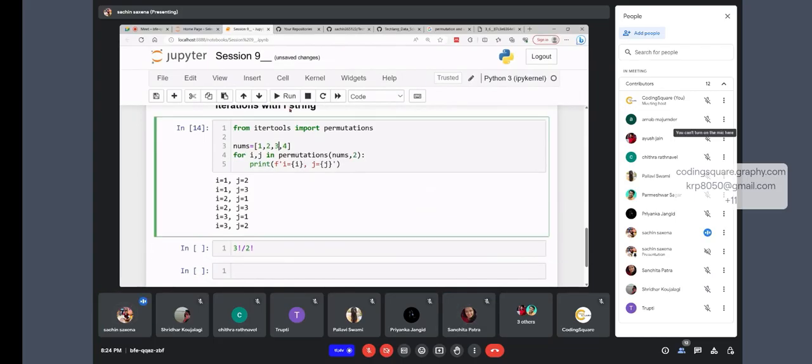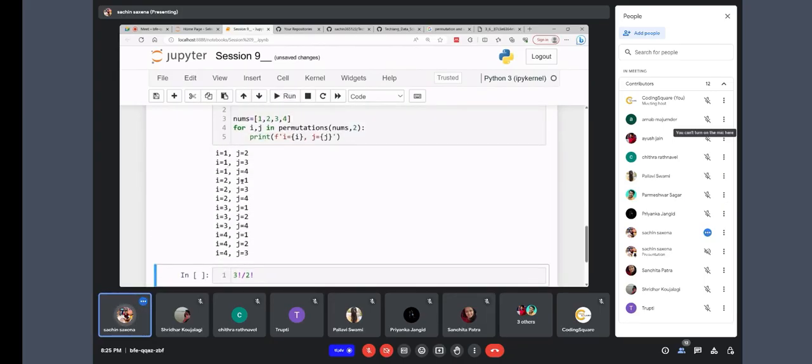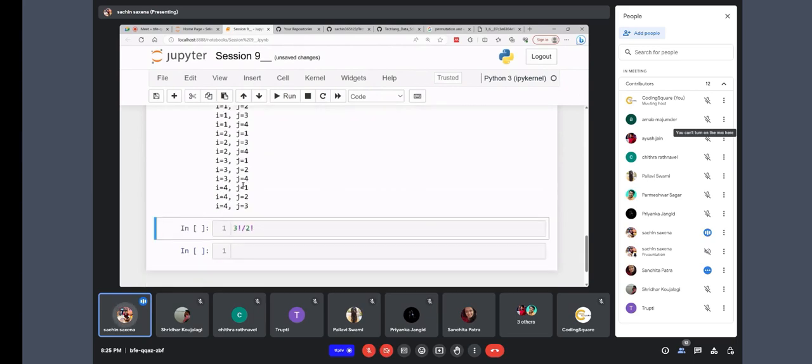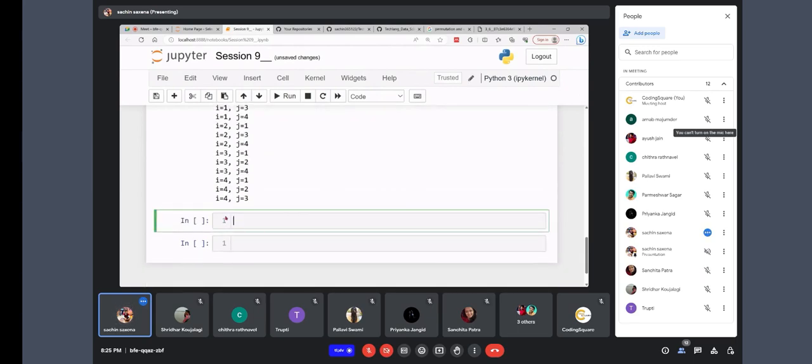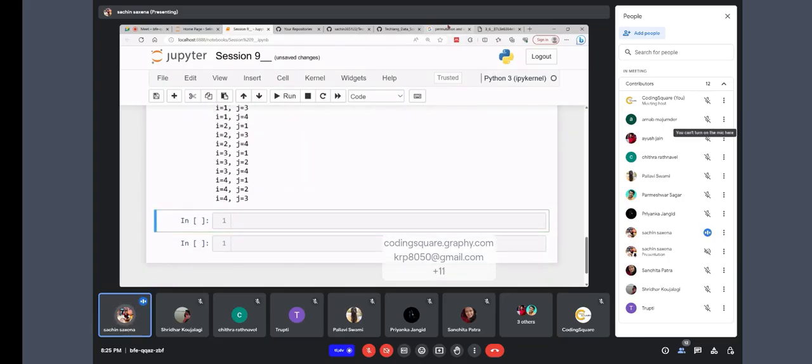So let me run this out. We have total 1, 2, 3, 4, 5, 6. 1, 2, 3, 4, 5, 6. So total 6 combinations are there. All right. So we are not having combinations and permutations; the pictorial is the same. Okay. So how can we get exactly